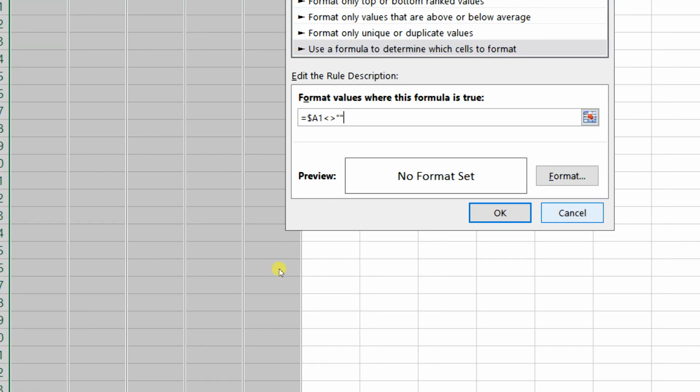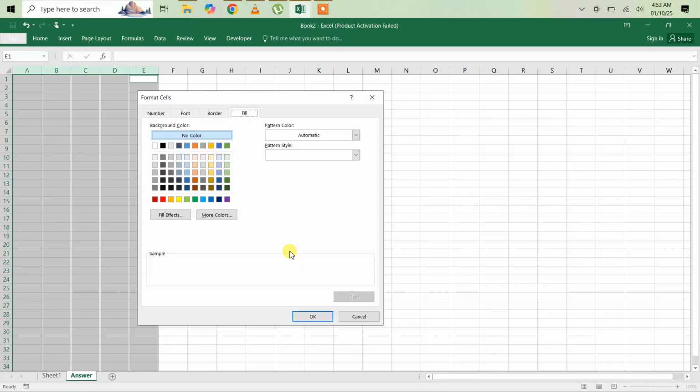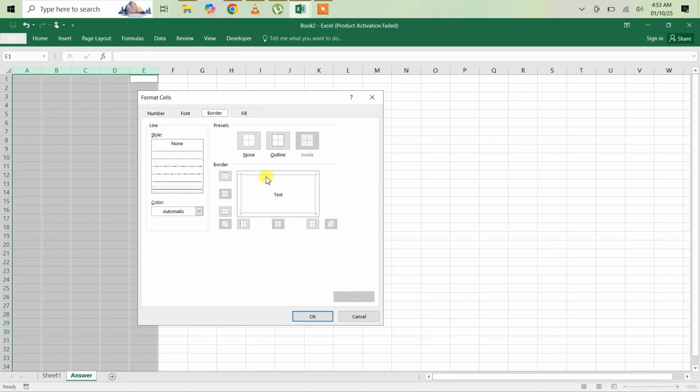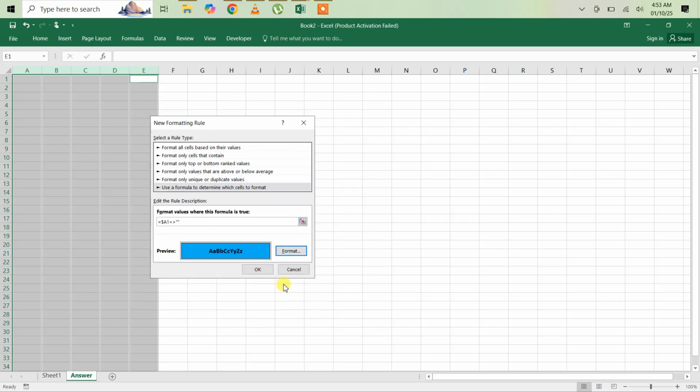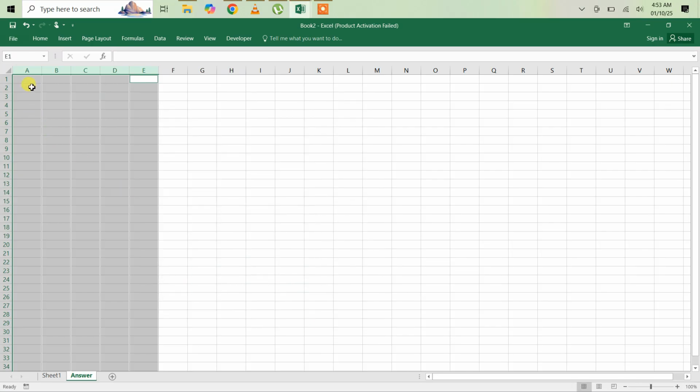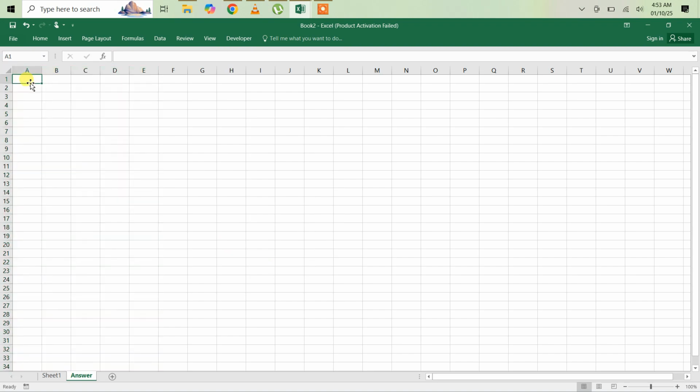So I will be giving some format. The format would be something like the fill color would be blue, and there will be some border. And the font will be something different, maybe bold. Hit OK. Again OK. Now whenever I am entering a value, maybe name,